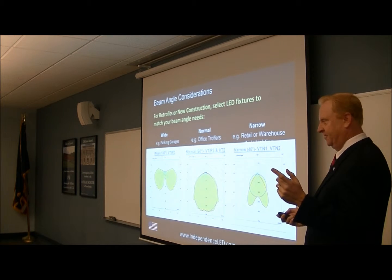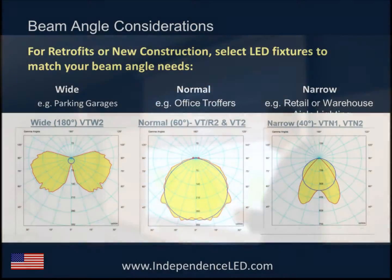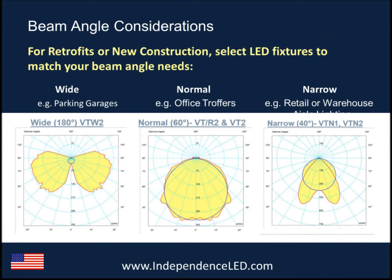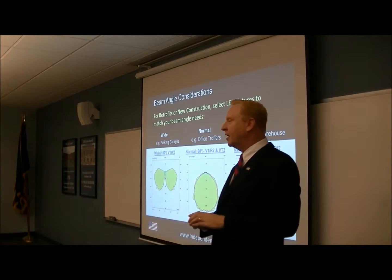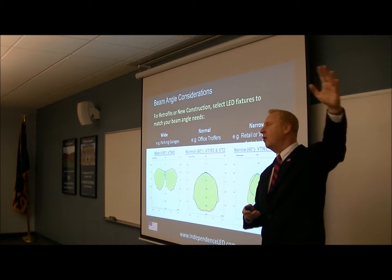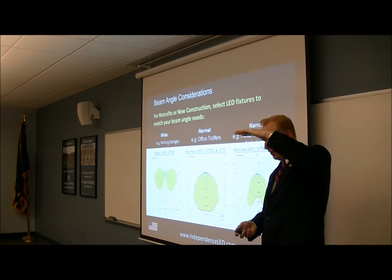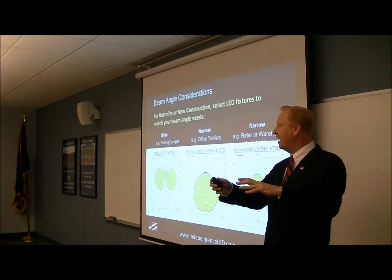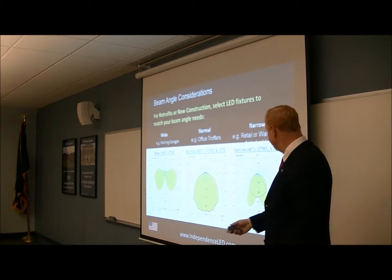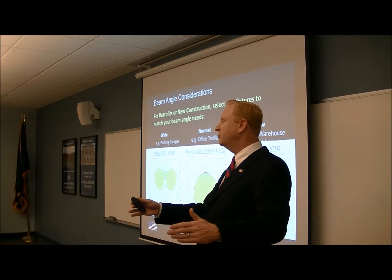Beam angle considerations. So now we're into the meat of which light versus why to buy the lights. A wide beam angle will give you, for example, in a parking garage, a glow along the ceiling to reduce the visual impression of being squashed, the compression. The more normal beam angle would be like for an office where you want to just have the spread of light relatively evenly. And narrow would be for a retail or aisle lighting in a distribution center where you don't